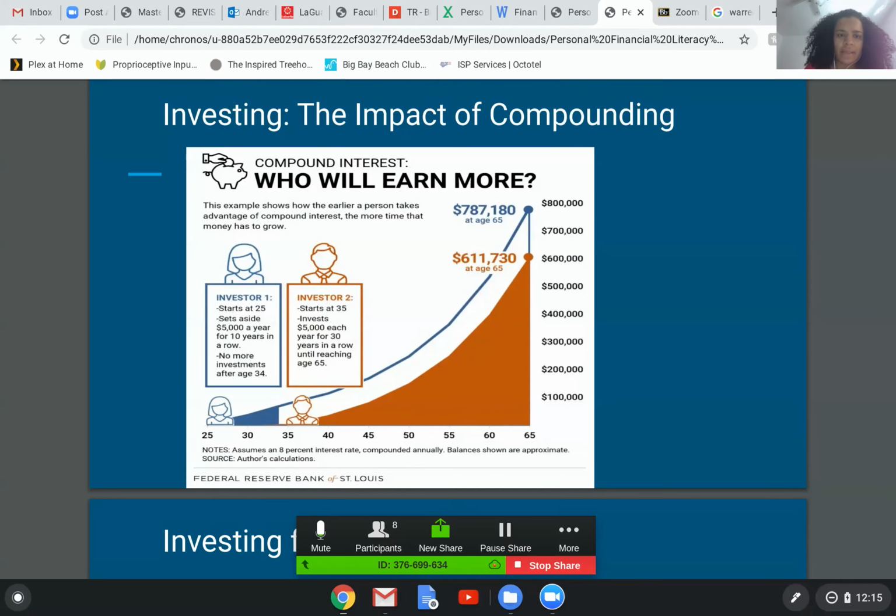And if you look at this thing I was talking about, the impact of compounding, you'll see this concept coming up over and over again in your business studies. Basically, it's saying that if you are earning a return on an amount of money that you are investing, the returns will earn additional returns, and so on, until, depending on when you start investing, you could easily outpace